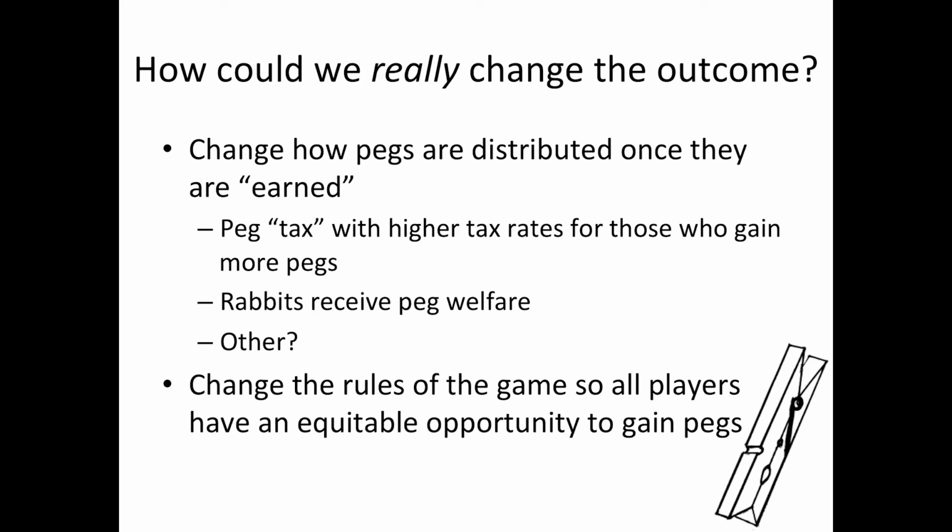To me, the latter seems more satisfactory. I suspect rabbits, and I haven't actually put this bit to the class yet, since this came about in discussions the other day as well, but I suspect rabbits would actually prefer to earn their own pegs during the game rather than have them taken away and then doled back out to them. So of course, the only way to change the distribution of the pegs is to change the rules of the game, which equates to changing the rules of society, be they official policies or unwritten rules of interactions and the way society functions.